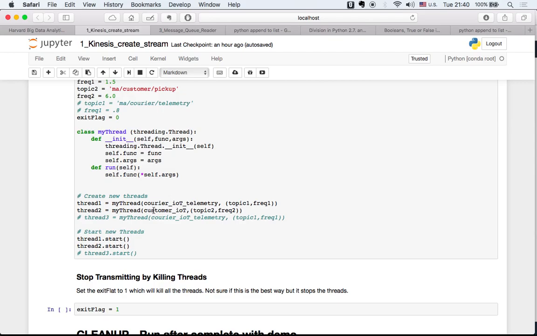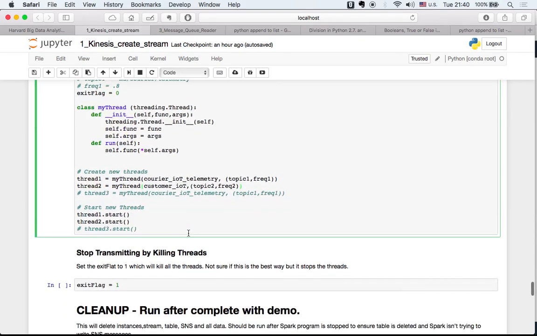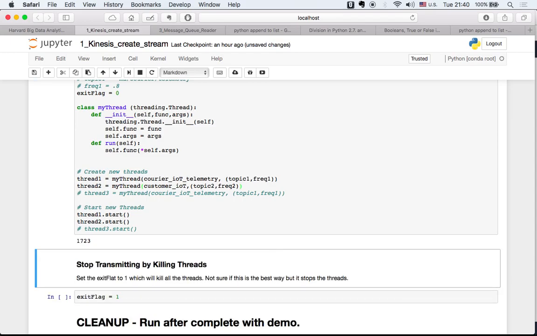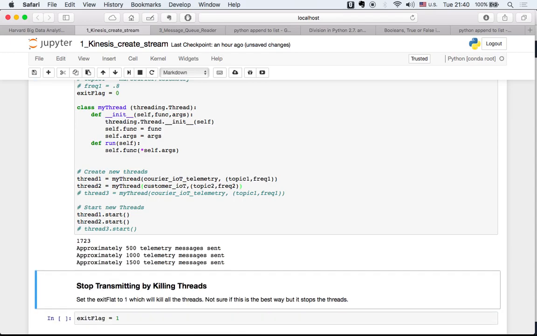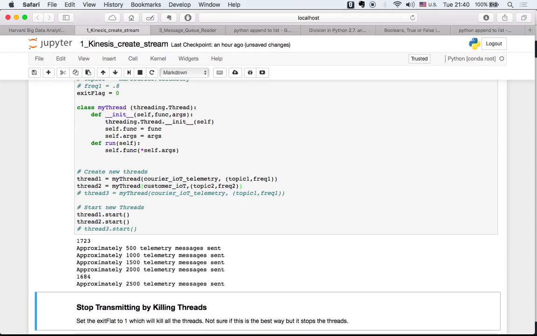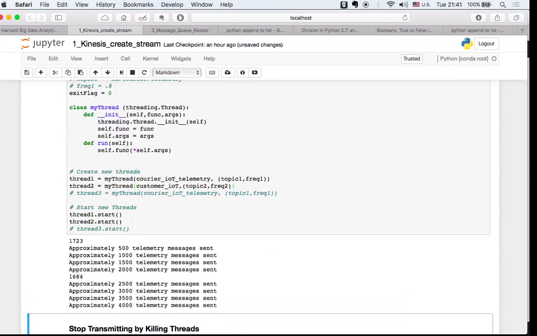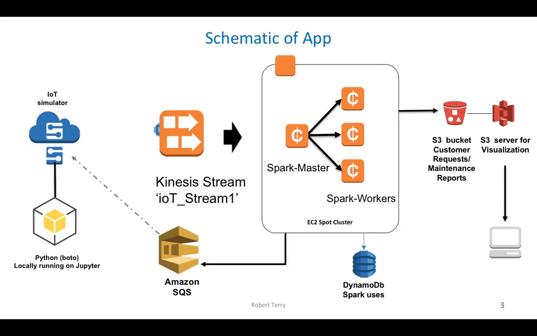The second thread is the customer IoT function, and we're passing it the second topic and the second frequency. We start the threads, and we start cranking out messages. These are going into the